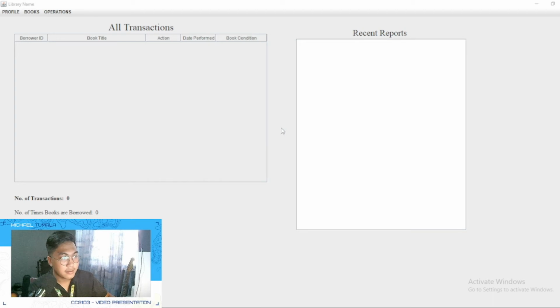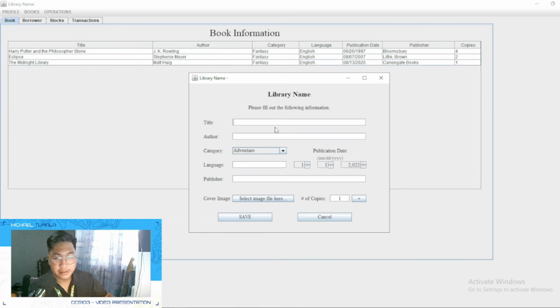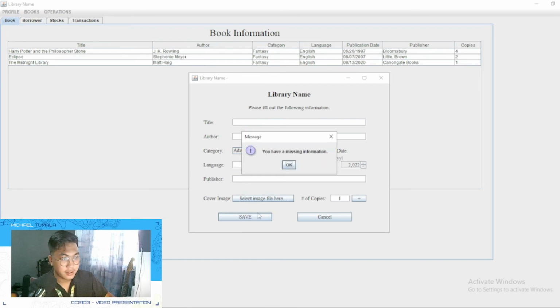Okay, so right now we are logged in as an admin. If you click on operations and book information, you can create a book. If you press create, here you will see the design of the frame book. Like I said, if you didn't fill out any of the information, the system will say you have missing information. But if you fill up some information, for example,